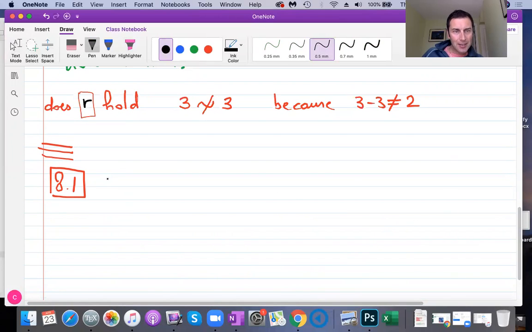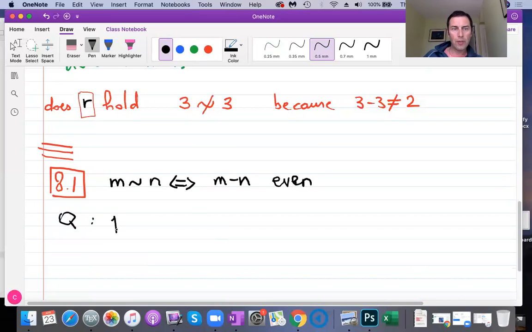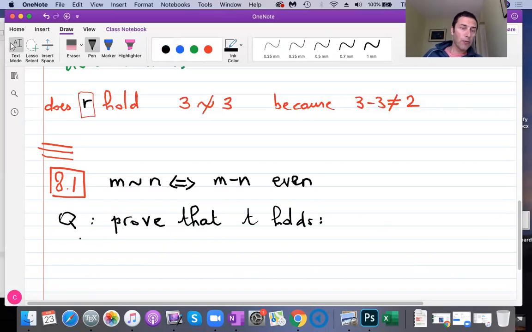So let me rewrite this. M is equivalent to n if and only if m minus n is even. And the question is, prove that T holds. Okay, how do you prove it? So the proof